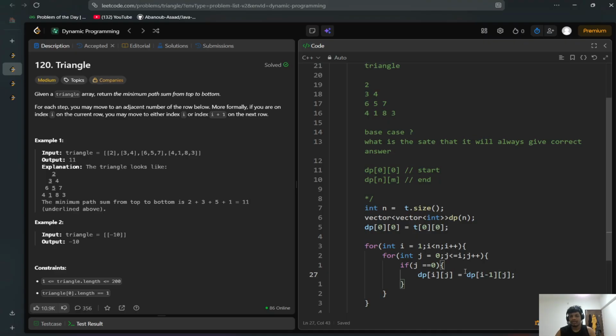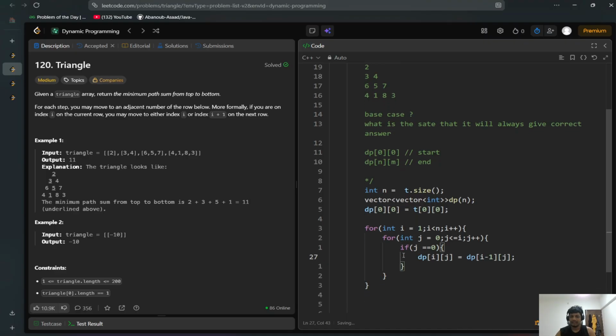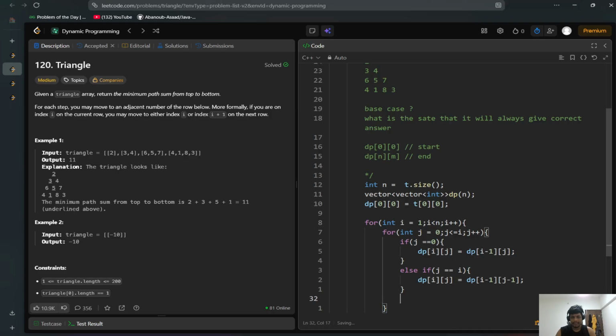Likewise, for j equal to i we don't have an upper element, only the diagonal one, so we will handle that too. Ideally I should have added the triangle values here, but I did not. And else,